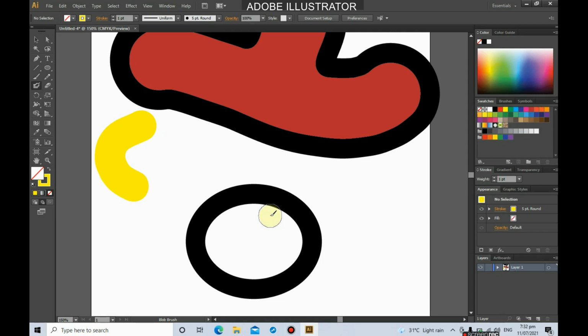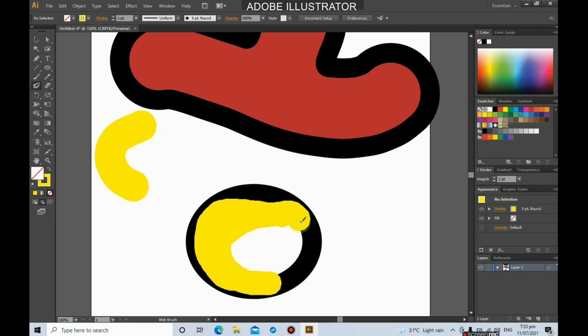Well, the size may overlap with the stroke of the circle. So that's okay if the size or the diameter of the blob brush overlaps with the stroke, because draw behind is already selected. So what happens here is that when you brush,